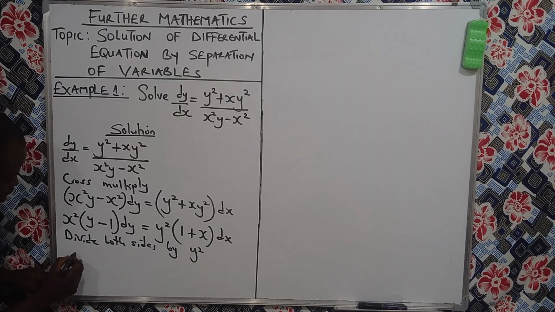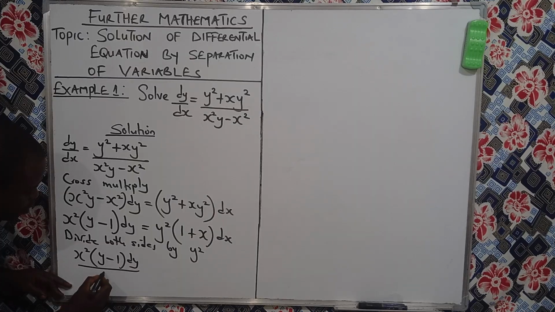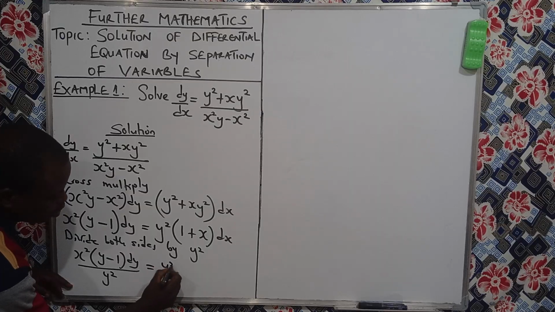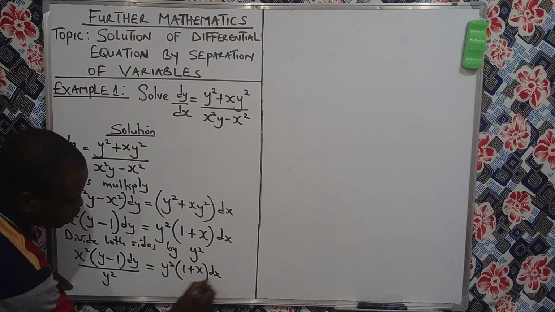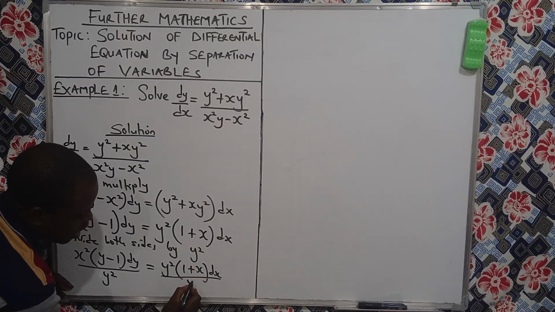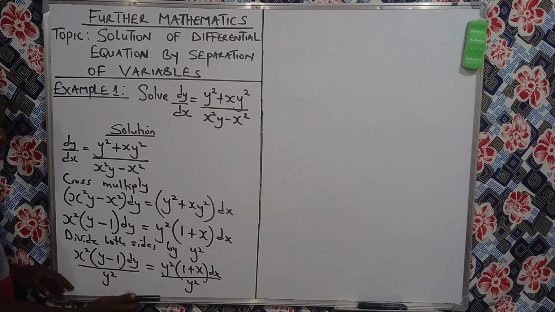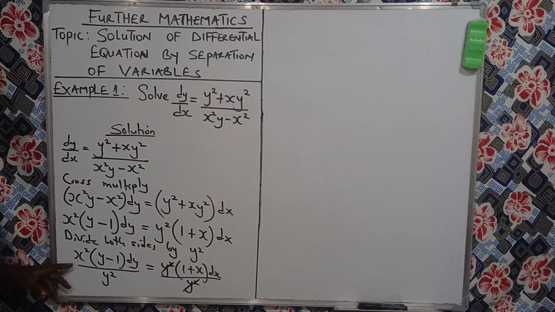When you do that, you're having x squared, open bracket, y minus 1, dy over y squared. You come to the right hand side also, y squared, open bracket, 1 plus x, dx over y squared. Because the statement says divide both sides by y squared, you see that y squared cancels y squared. You are left with